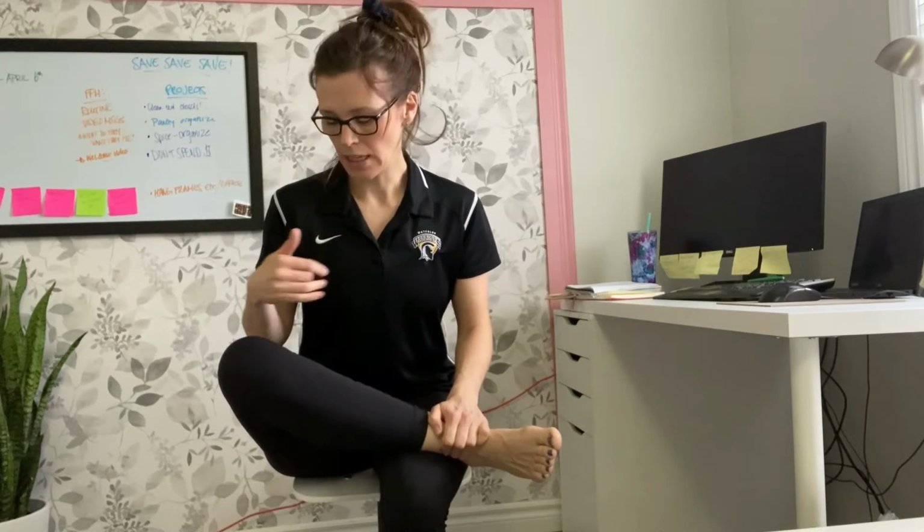Good, and then of course, we're always going to do the other side. So left foot stays down on the ground, right foot comes up, and then you're going to lean yourself forward. For myself, you can see that I can't go near as far with my right leg up than my left. That's normal